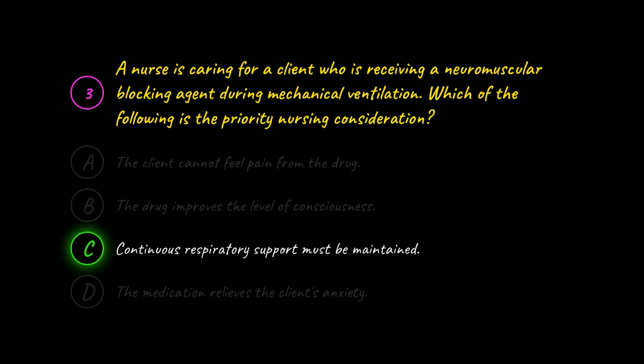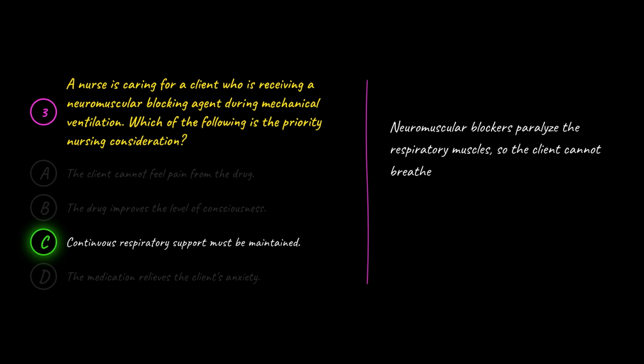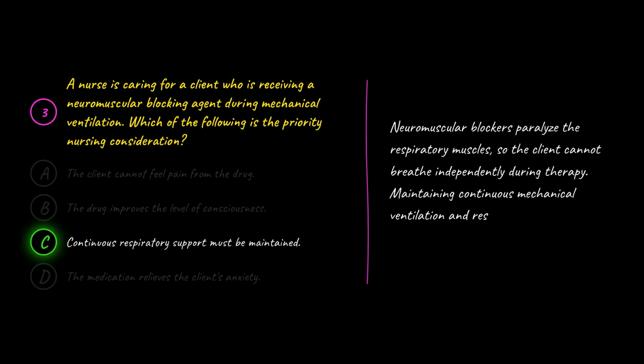The correct answer is C. Continuous respiratory support must be maintained. C is correct because neuromuscular blockers paralyze the respiratory muscles, so the client cannot breathe independently during therapy. Maintaining continuous mechanical ventilation and respiratory support is the priority in order to keep the client safe throughout the period